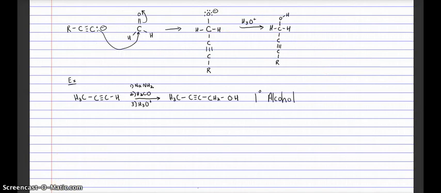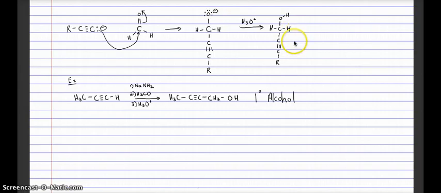So let's take a look at the mechanism of formaldehyde with the acetylide ion. You're going to have a nucleophilic attack on the carbonyl. We'll send the electrons up onto the oxygen to form our alkoxide as shown here. So now we have our new covalent bond. In the presence of water, or acid actually, this can pick up a proton and we're going to form our